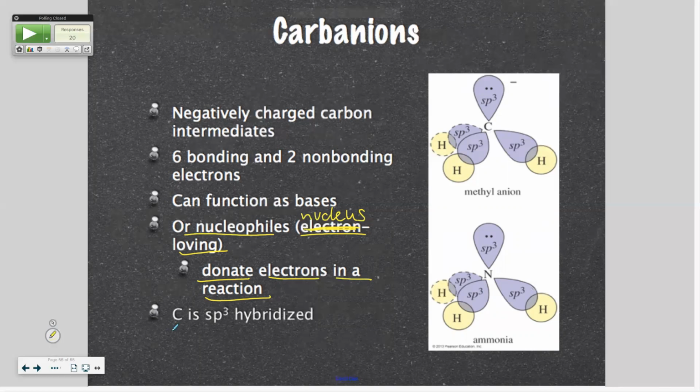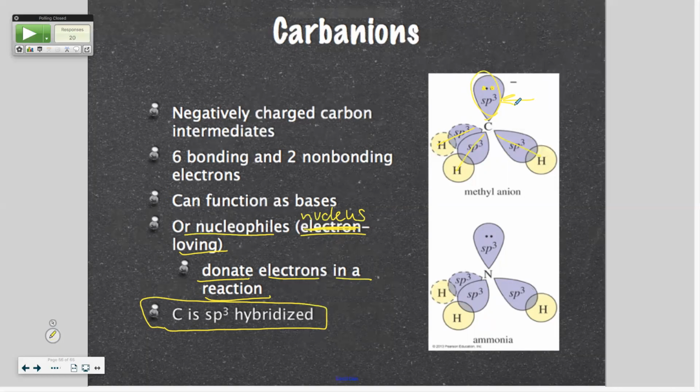Okay, negative is high electron density, positive is low. Now it's important to see that in carbanions, the carbon is sp3 hybridized because there are 4 sites of electron density. So here would be 1, 2, 3, and your electron pair is 4. That electron pair is not in a p orbital like those other ones, okay? It is in an sp3 hybridized orbital because to keep those 4 sites of electron density, 2 electrons, 1 pair is a site, to keep them as far apart from each other as possible, okay?